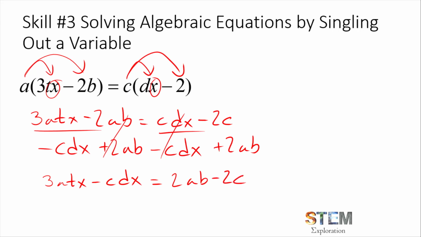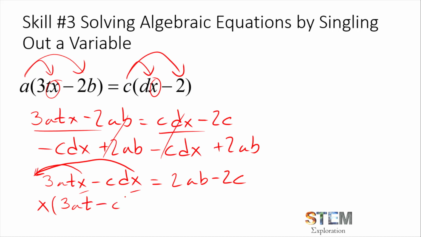Now I'm looking at this situation and I'm going, oh gross, how am I going to get this x out of here? Well, we use the distributive property to combine this in, but we can go backwards and use a factoring technique, which is the same thing as distribution, only backwards. So how you do that is you just say, all right, if there's an x in both of these terms, we can pull the x out in front, and what we can do is just say x, and then in parentheses, everything that's left other than the x, 3at